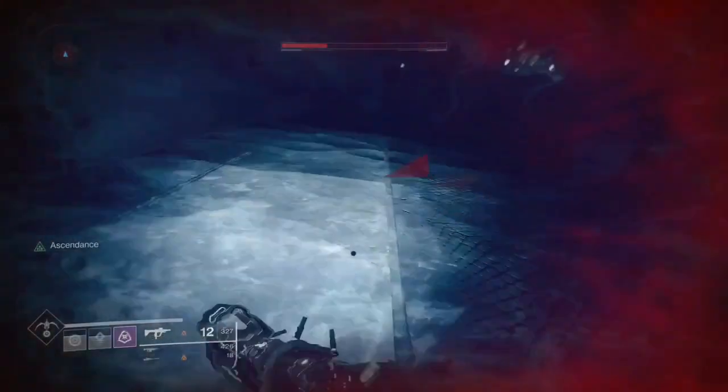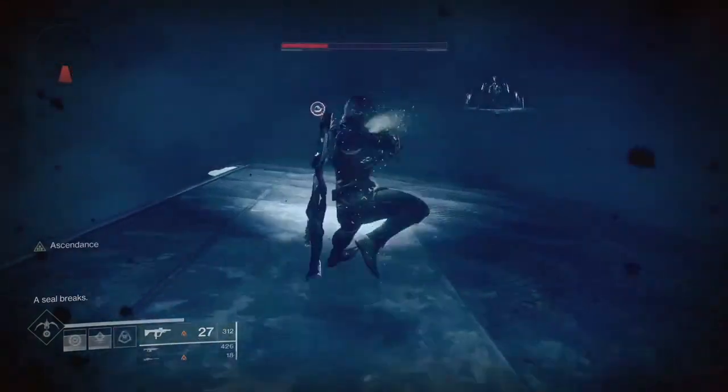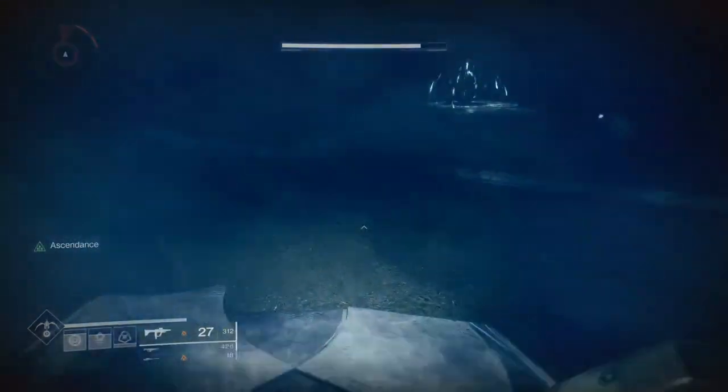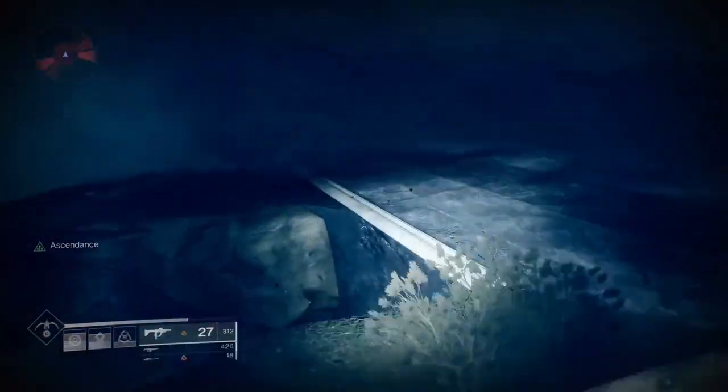Your Ascendance buff lasts 30 minutes, so you've got plenty of time. There's not a rush at all to get these kills. And even if your Ascendant buff runs out, you just make sure you stay in the instance, so that you don't have to